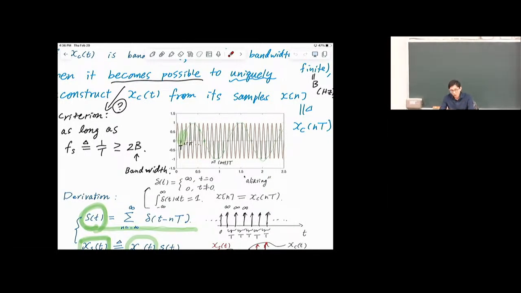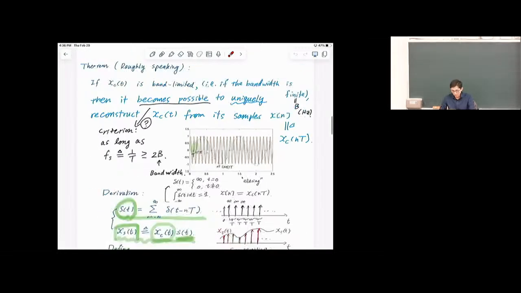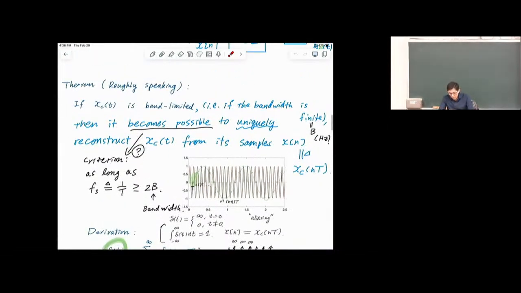But then we went on to talk about what if we do sample fast enough. What if our sampling frequency is indeed higher than 2 times the bandwidth? Let's denote the bandwidth as B. Then we are blessed. We're blessed with the property that if the signal we begin with is band limited, and its bandwidth is indeed finite, I call it B,